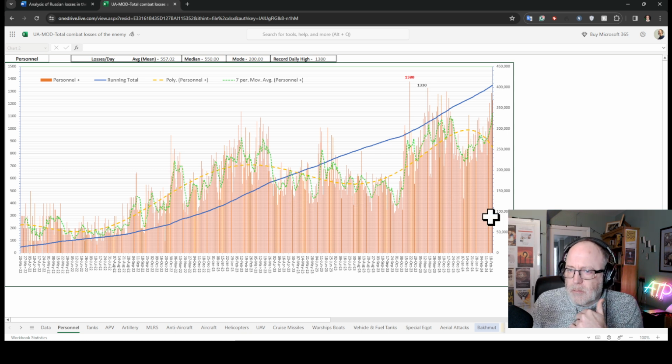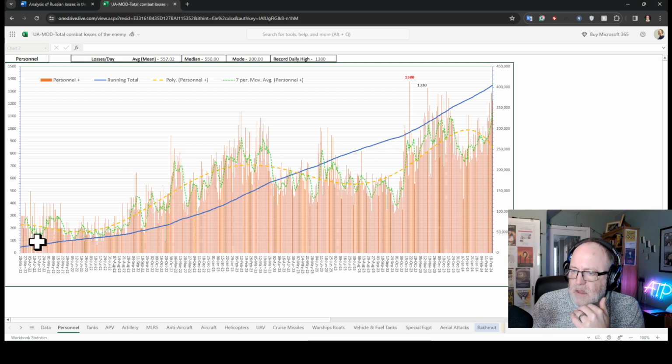So what you're looking at the moment is the personnel losses, and these personnel losses obviously go up, they never go down, and so that's why the blue line, which is the total losses, will continue going up as the war goes on. The steeper that line is, the steeper the gradient. So here you can see a steep gradient, and over here it's marginally steeper. That's because the losses are higher. So the higher these losses, as you can see in the red daily totals there, the steeper the blue line.